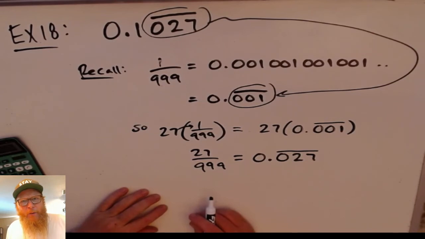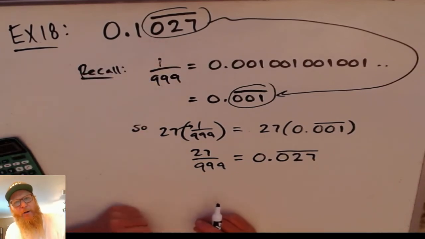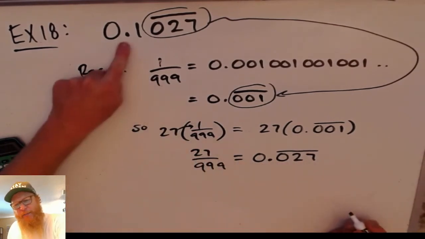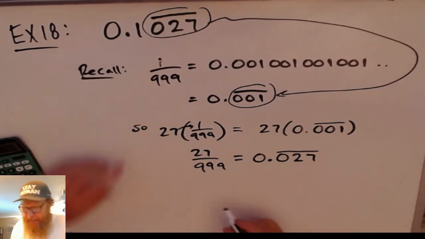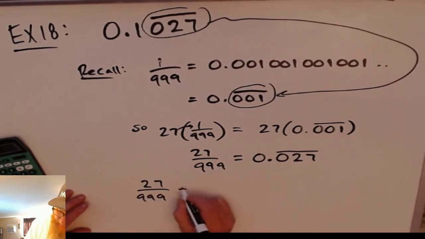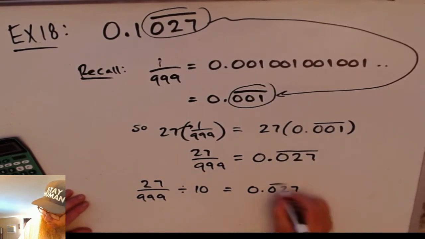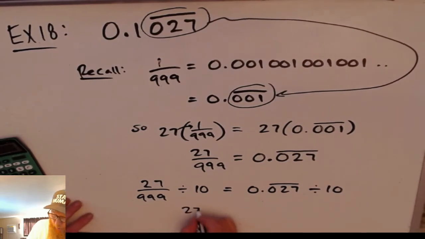All right, now we got one more problem, and that is the decimal point is in the wrong place. Look where the decimal is, and look where it is up here. So we need to move the decimal over one place. So it's dividing by 10 again. So that'll make 27 over